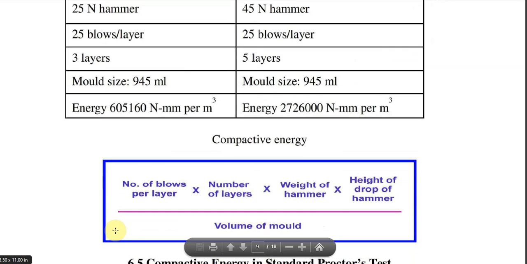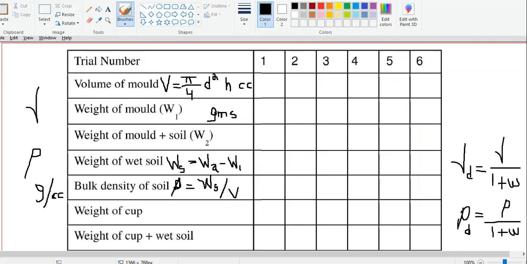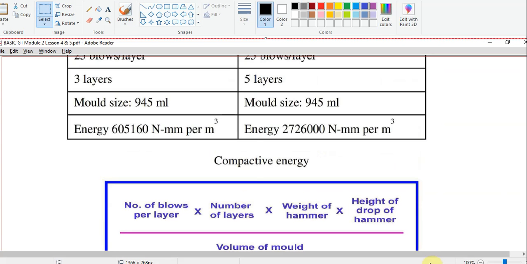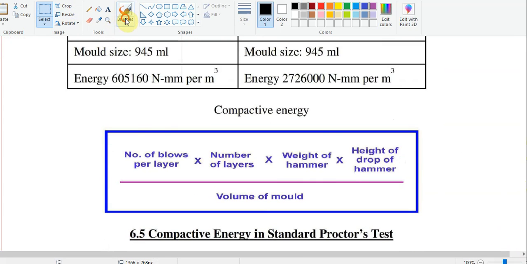So how is compaction energy calculated? It is number of blows per layer, into number of layers, into weight of hammer, into height of the drop of hammer, divided by volume of the mold. So if you calculate compaction energy for standard compaction test, it will be